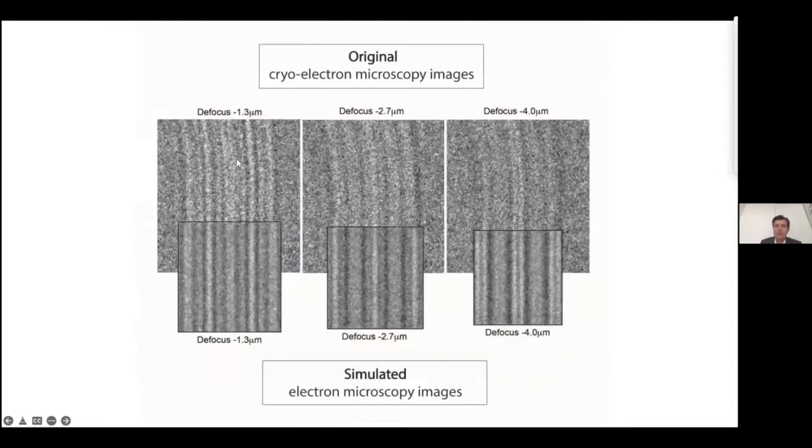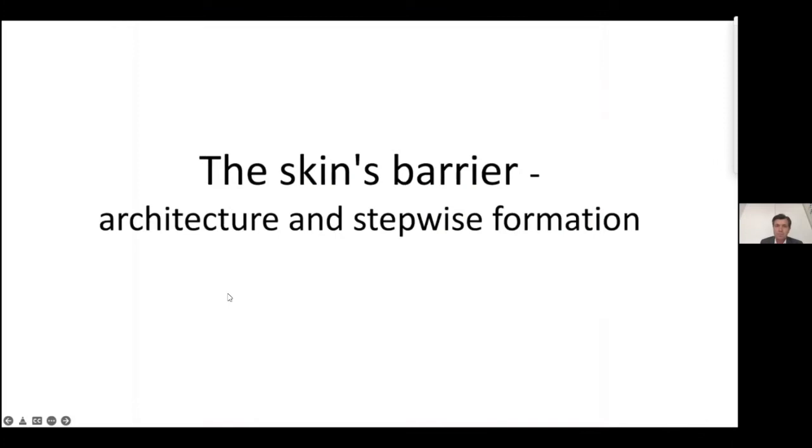That is these background images here, and these here, these are the simulated images from the model that we have chosen. And if there is any difference, the model is redone. The whole process is redone from scratch. And usually we do a few thousand model simulations before we arrive at an optimized model. So now we've used this technology to analyze the architecture of the skin's barrier structure at the molecular level, and